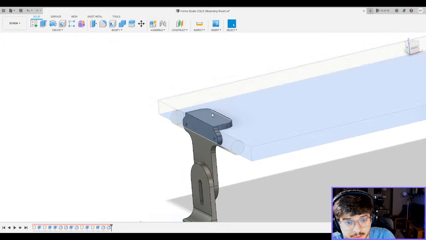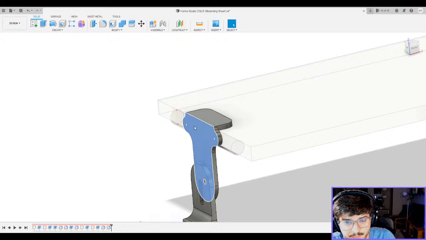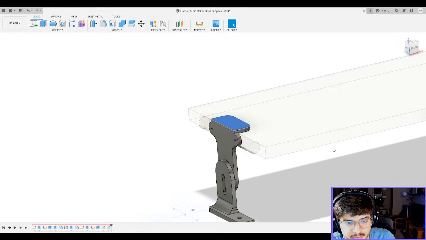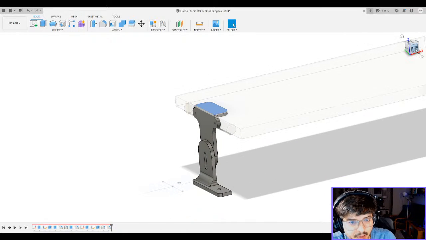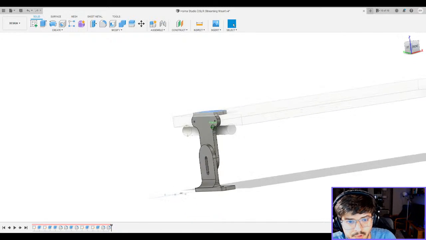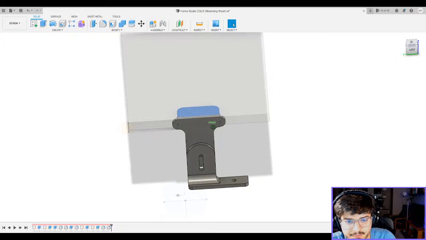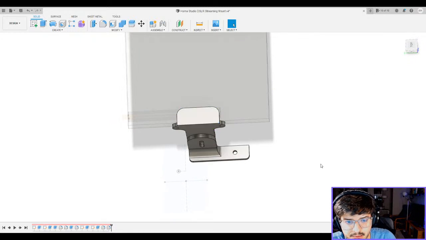Alternatively, I could have a third part that sits on top of here that has its layer lines perpendicular to these ones, and that adds support there, but then it adds a bit of mass, which I may or may not need. I'm going to stick with this for now, just because I feel like this is going to provide me with enough strength. I say that now, but we'll see.